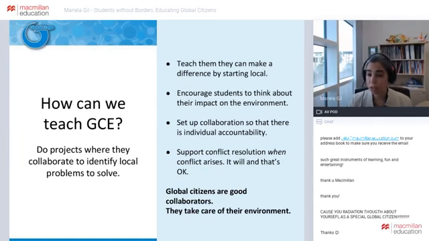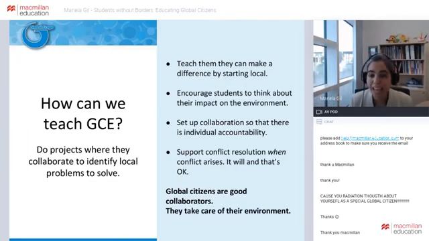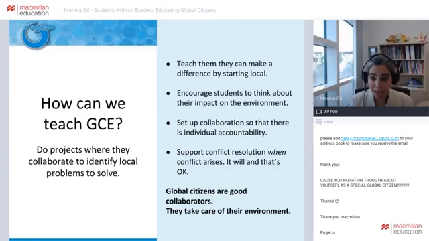What construction materials am I going to use, and how is that going to have an impact? How much is it going to cost? And then you set up collaboration